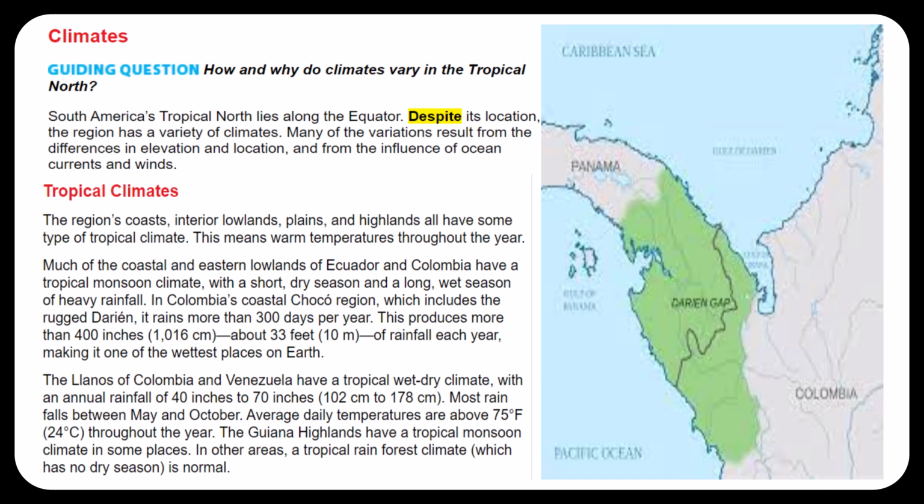Much of the coastal and eastern lowlands of Ecuador and Colombia have a tropical monsoon climate with a short dry season and a long wet season of heavy rainfall. In Colombia's coastal Chaco region, which includes the rugged Darien, it rains more than 300 days per year. This produces more than 400 inches, about 33 feet of rainfall each year, making it one of the wettest places